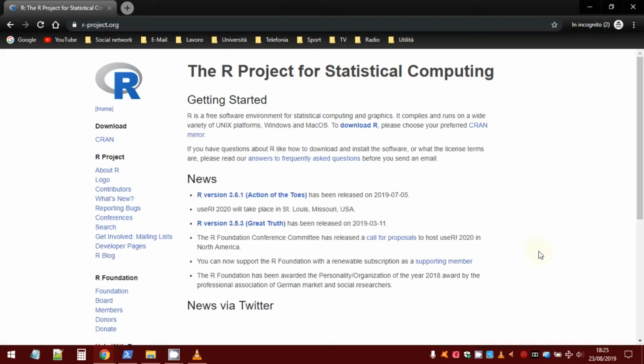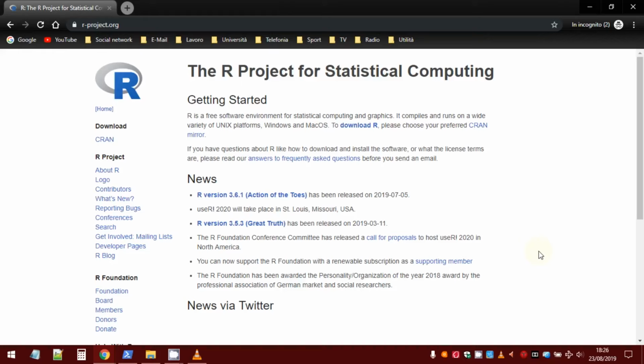It includes an effective data handling and storage facility, a suite of operators for calculations on arrays, in particular matrices, a large, coherent, integrated collection of intermediate tools for data analysis, graphical facilities for data analysis and display either on screen or on hard copy, and a well-developed, simple and effective